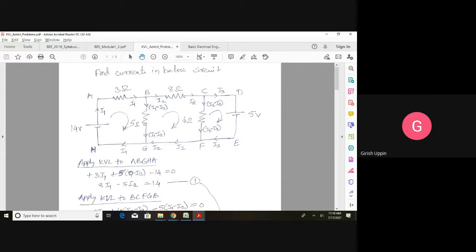Okay, the same problem I have solved here. I have taken it like that. So here first mark all the nodes A, B, C, D, E, F, G, H. Mark all the directions of tracing. Then mark the currents. So current I1 will come here. At B, this is I2. How much will flow here? I1 minus I2. I2 current will come here. So again there is a node, it will divide. Here I3 will go. How much will go in this branch? I2 minus I3. That is how I have taken.